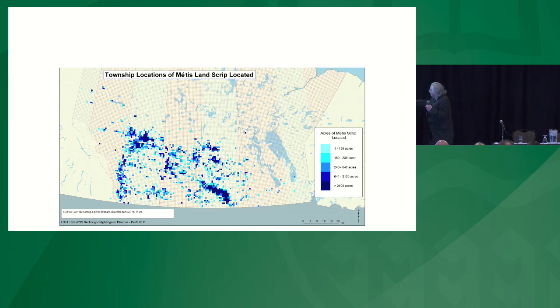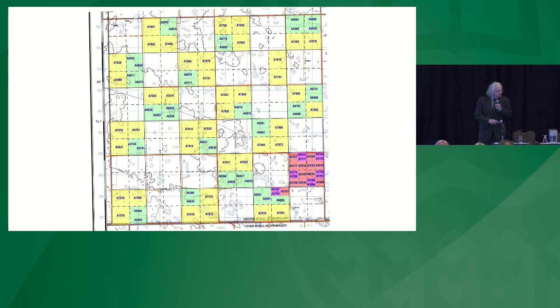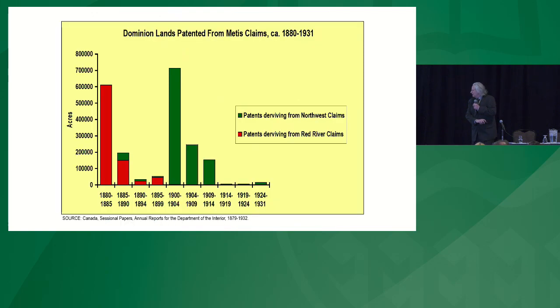We've actually mapped out the land Scrip, the intensity of it. You can see it's clustering. That's prima facie evidence of speculation. Doesn't always work. Secord and McDougall actually bought up every spare homestead in this township, but it didn't go anywhere. They thought the train was coming. And so speculators don't always make big.